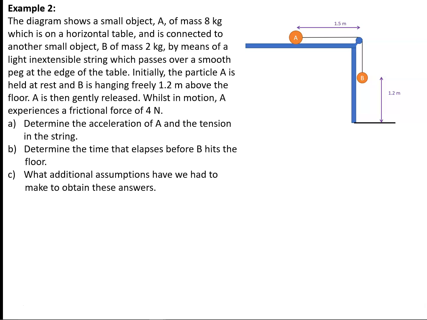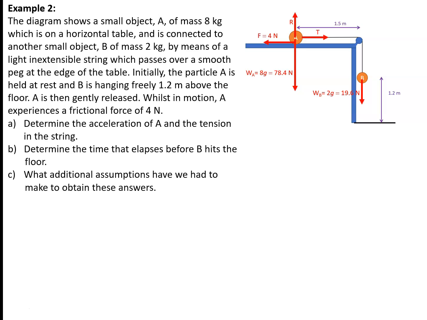So we need to put some forces onto our diagram. First of all, the forces on A, we've got the weight, which is 8g, so that's 8 times 9.8, which is 78.4. We've got the normal reaction, R, perpendicular to the tabletop. We've got the tension in the string and the frictional force opposing the motion of 4 newtons. For the forces acting on B, we've got the weight, which is 2 times g, which is 19.6 newtons, and